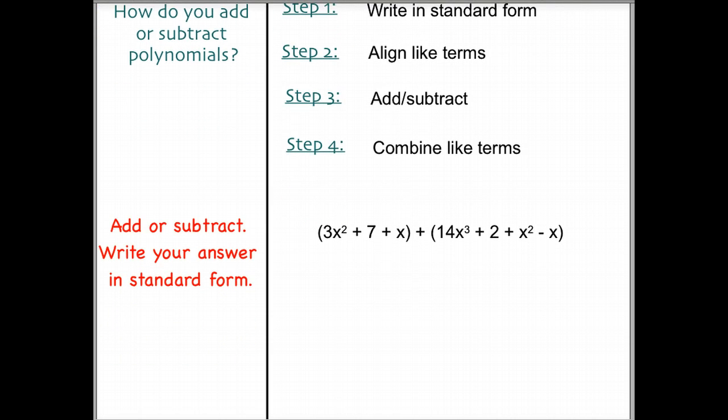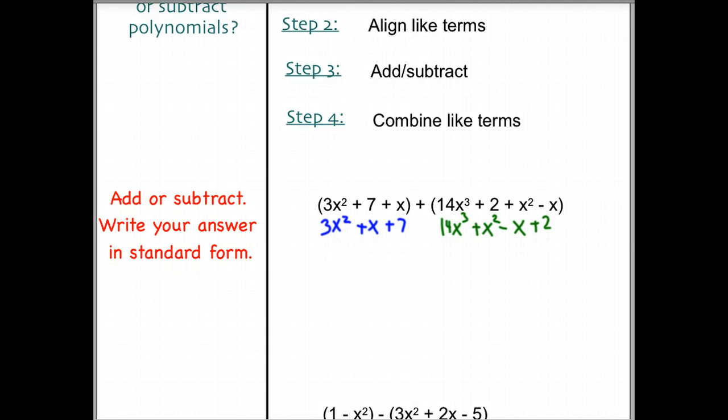So the first thing we do is we write each in standard form. So we're almost ready here. 3x squared plus x plus 7. And then we have in green, we have 14x cubed plus x squared minus x plus 2. So now our second step says to align like terms, and what that means is we're